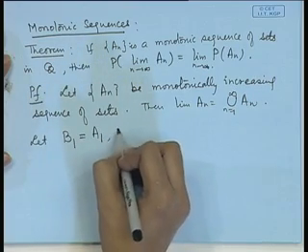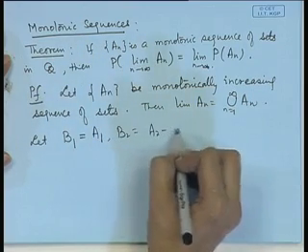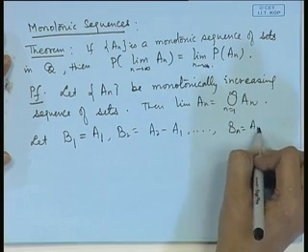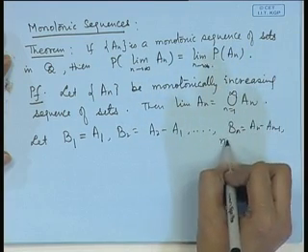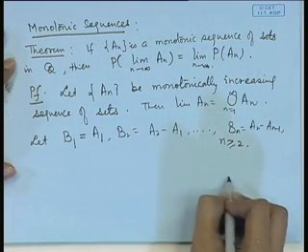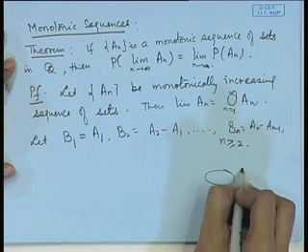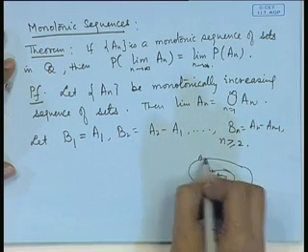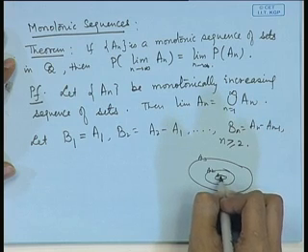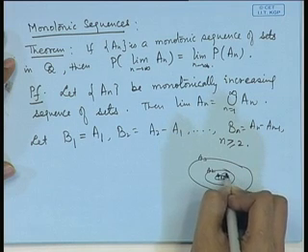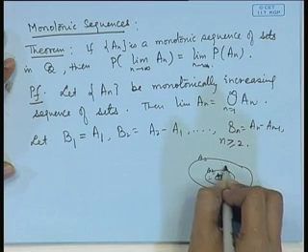say, B1 is equal to A1, B2 is equal to A2 minus A1, Bn is equal to An minus An minus 1 for n greater than or equal to 2. If we look at this one, basically what we have done, the sequence of sets is like this. This is, say, A1, this is A2, this is A3 and so on. So, if I look at the union of Ai's, we are decomposing it as a disjoint union. This A1, A2 minus A1 will be this portion, then A3 minus A2 will be this portion.